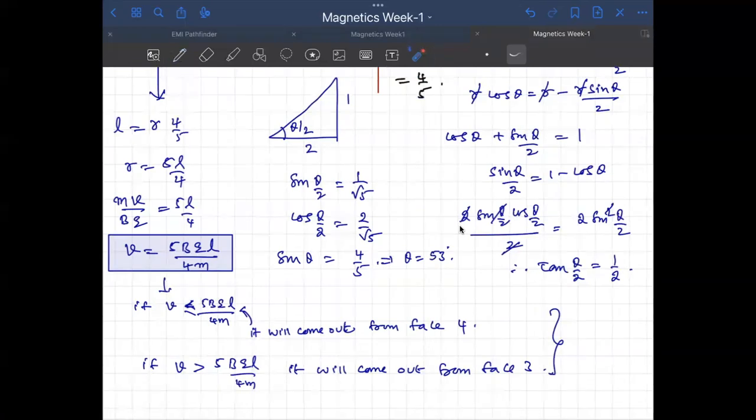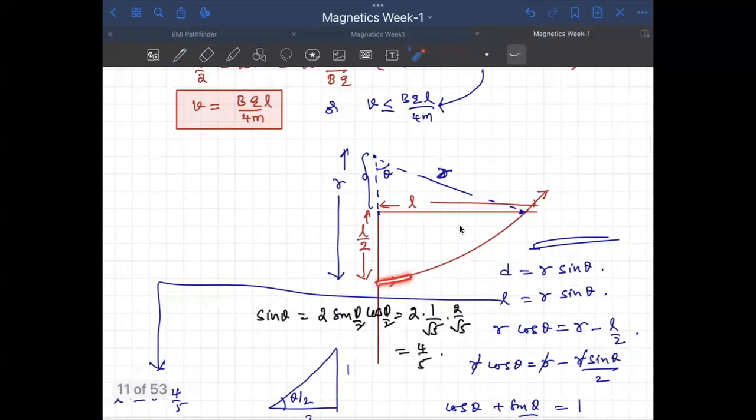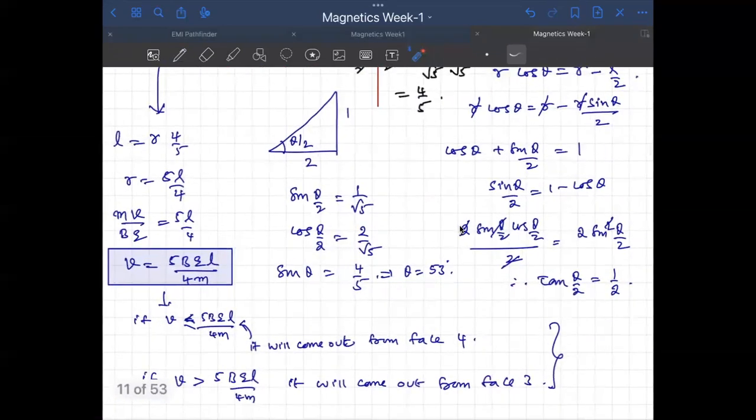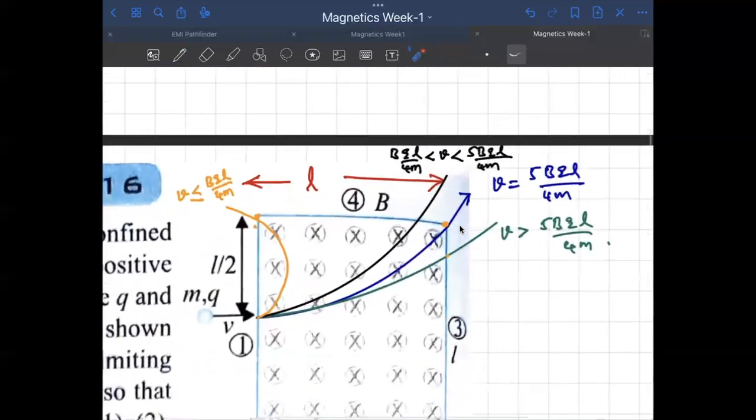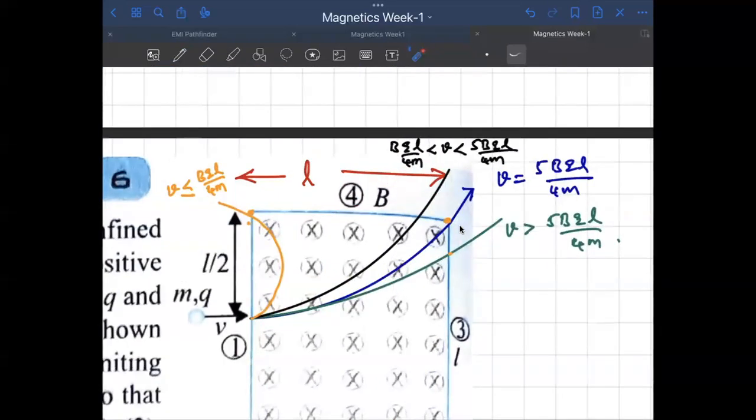If you have this much velocity, what happens? It will enter through this point. What if the speed is lesser than this? It will not move like this, it will go like this. Got the point? You have one condition for this point now. The previous one, V is equal to BQL by 4M. You got a fresh condition here right now, 5BQL by 4M. So if your speed lies between 4BQL by 4M to 5BQL by 4M, definitely it comes out